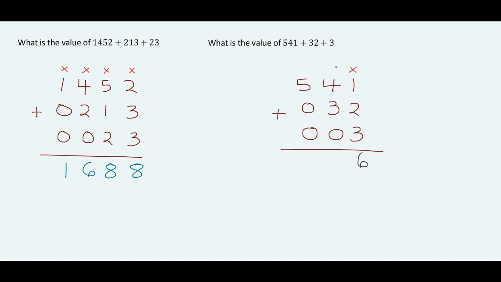Switch over to the tens position. 4 plus 3, we have 7. For the sake of consistency, we put a 7 here, and then we go over to this right here. 5 plus 0 plus 0, we have